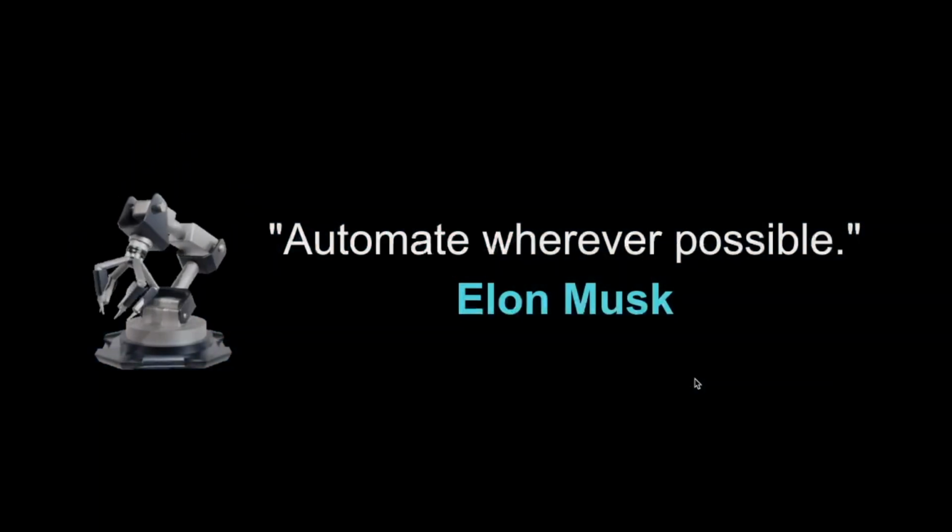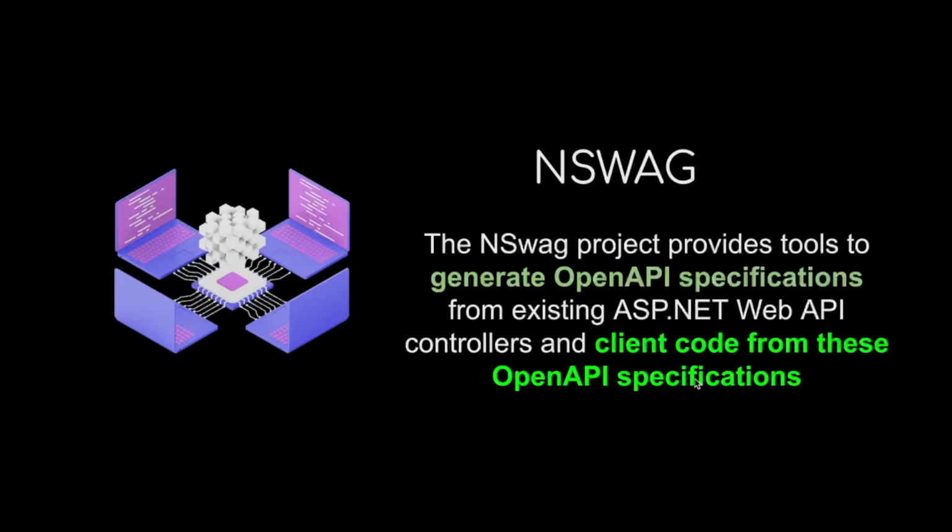In this video, we are going to talk about API automation with NSwag. If you already worked with Swashbuckle or AutoRest, think of NSwag as the combination of both. So in two words, NSwag provides tools to generate an OpenAPI specification from existing ASP.NET Web API controllers, and client code from this OpenAPI specification. For example, you can create a C# client or a TypeScript client directly generated from the